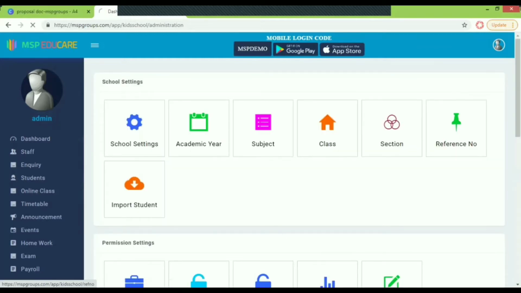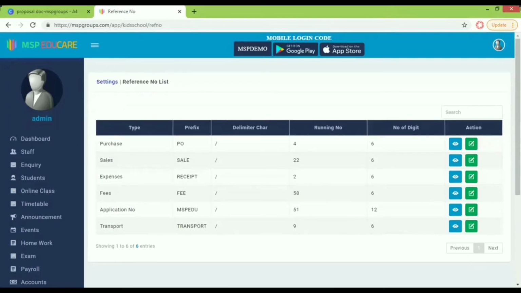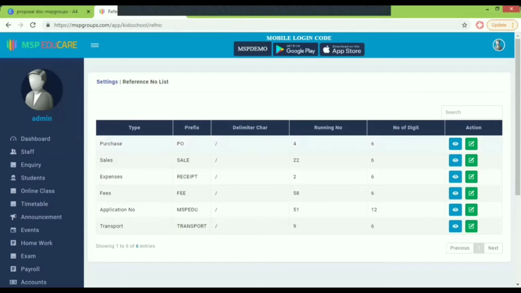Then comes the reference number. Let us assume we have an inquiry form. In an inquiry form, the reference number by default should have some value. It shouldn't be changed, which means it should be saved in a stack. So each time an inquiry comes in, the number will be incremented, and it is not required for the person to add the number. In that way, we can make a note of it over here. You could just keep a reference number.